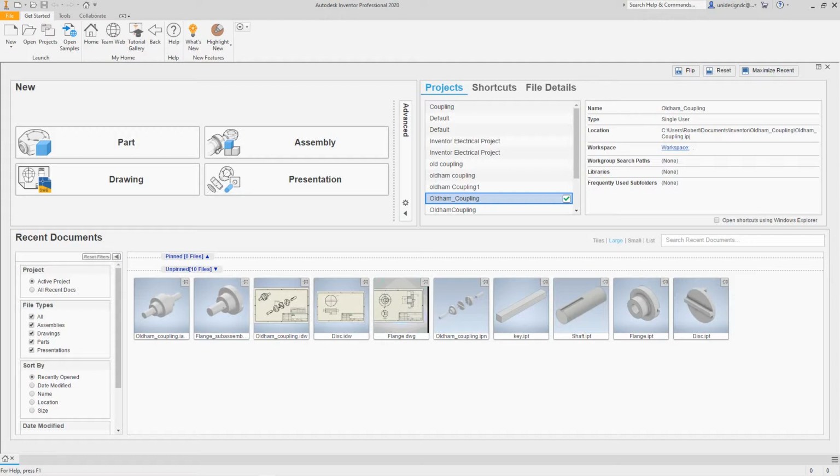So in this exercise, we're going to create another model. We're going to look at some additional modeling tools. So in this video, we're going to create slots, create circular patterns, create holes, and chamfers. So first thing we want to do, as always, go to click New,